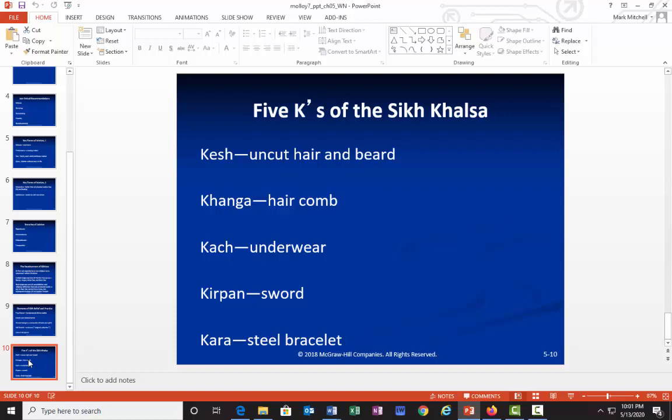Okay, so I think this is good enough to give you some idea. I think our chapter was a little longer for Jainism than it was for Sikhism, but hopefully this will help you with some of the material. Again, these chapters are kind of long, but they're interesting with a lot of detail as we continue our journey of world